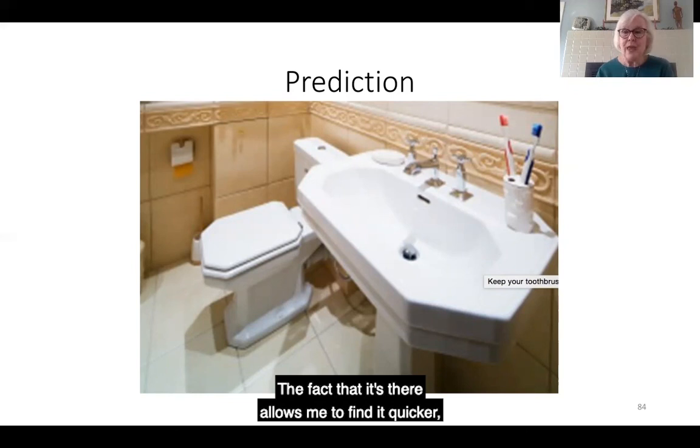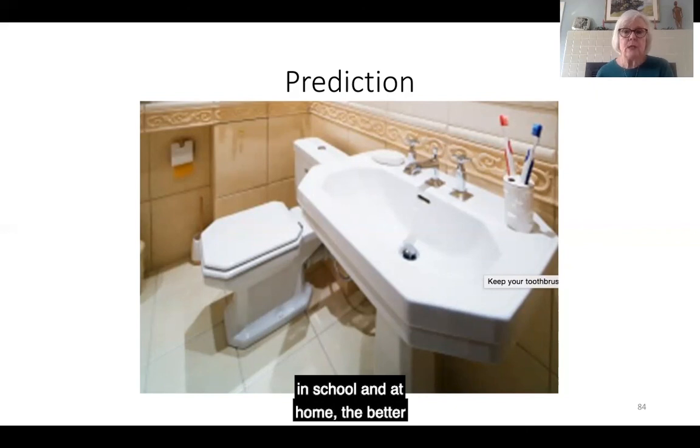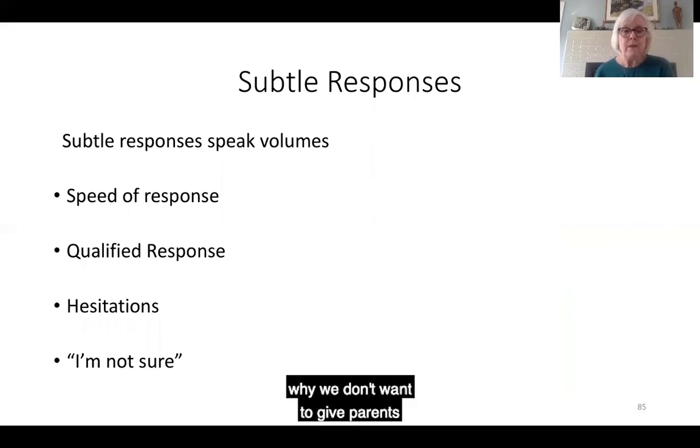The fact that it's there allows me to find it quicker, allows me to find it more effectively, and to use less of my visual battery. So the more predictable we can make children's experiences in school and at home, the better they'll understand what they're looking at. So very often, and again, this is why we don't want to give parents